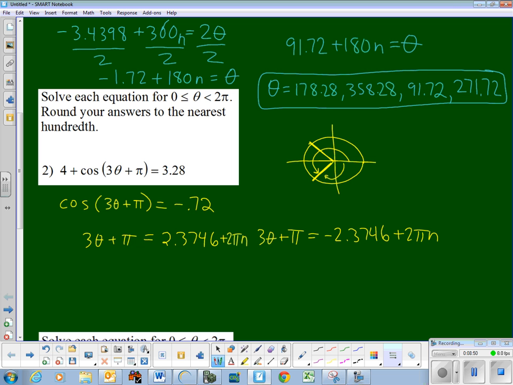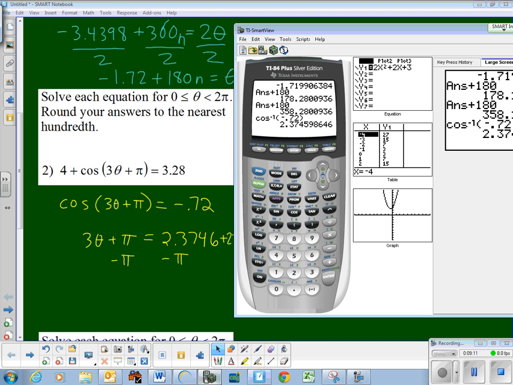Okay, so now I need to subtract pi from both sides of this equation. And pi is a like term with the 2.37. Seems like it might go with the 2 pi n, but that n makes it not a like term. So what I need to know is what is 2.37, this number in my calculator, minus pi. If I take that answer and subtract pi, negative 0.767